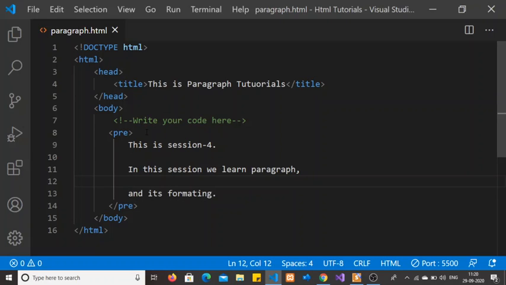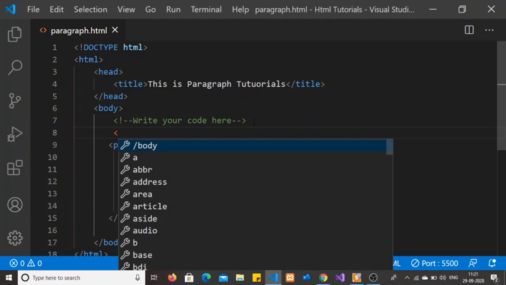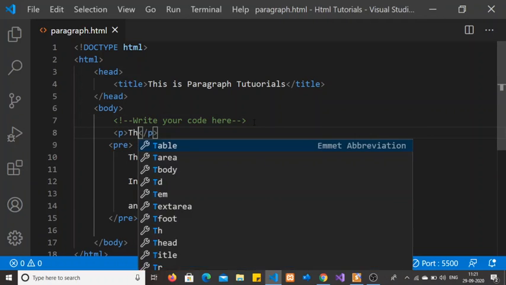I already discussed in the first or second session the hr and br tags. The hr tag is used for horizontal rules and the br tag is used to break the line. I am going to add one more line before this pre tag.